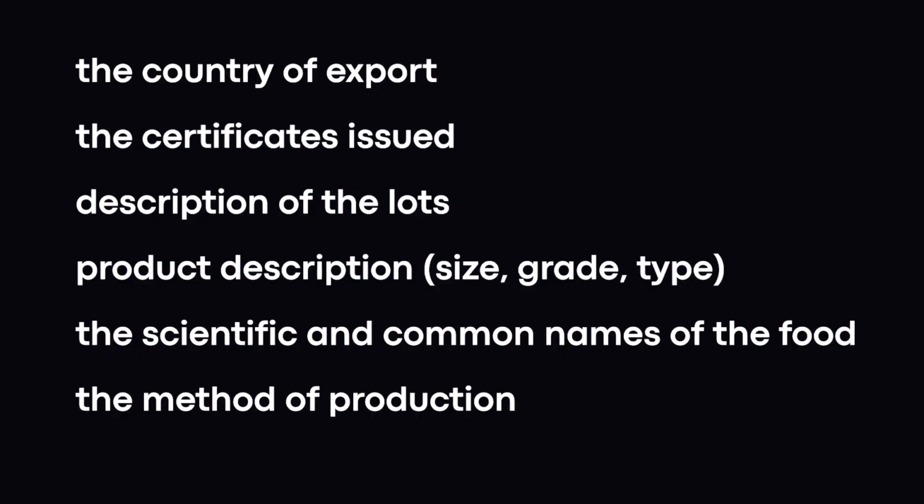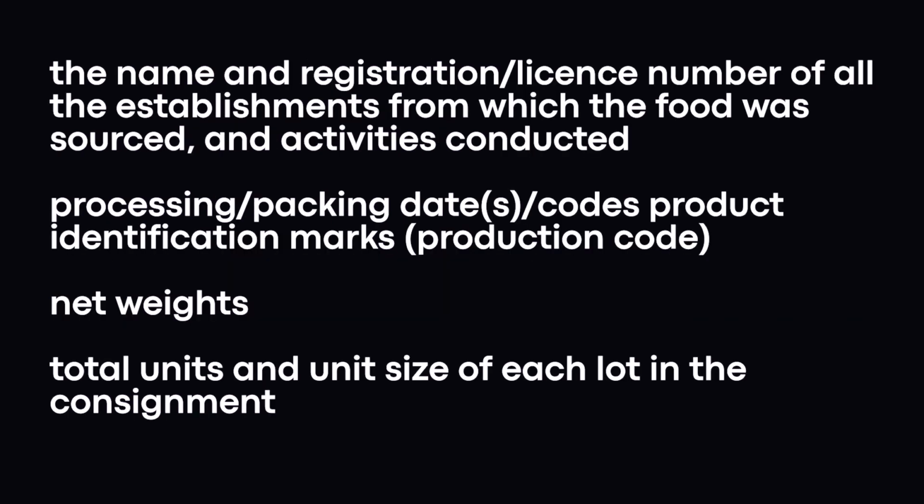Let's say the list: the country of export, the certificates issued, description of the lots, product description like the size, the grade, the type, the scientific and common names of the food, the method of production, the name and registration, license number of all establishments from which the food was sourced and activities conducted, processing, packaging date, codes, product identification marks,